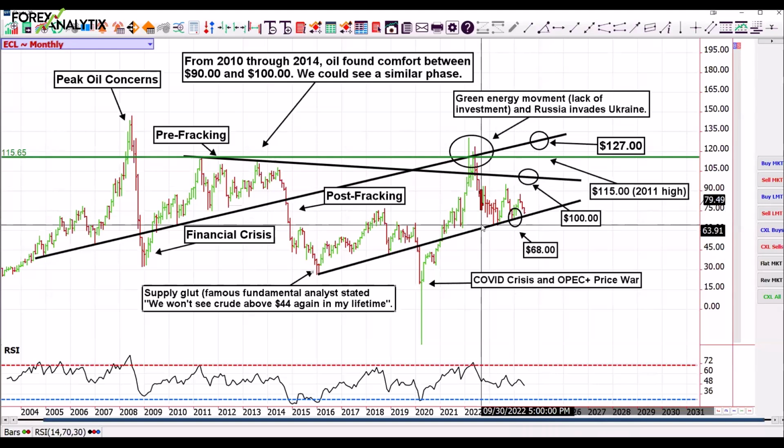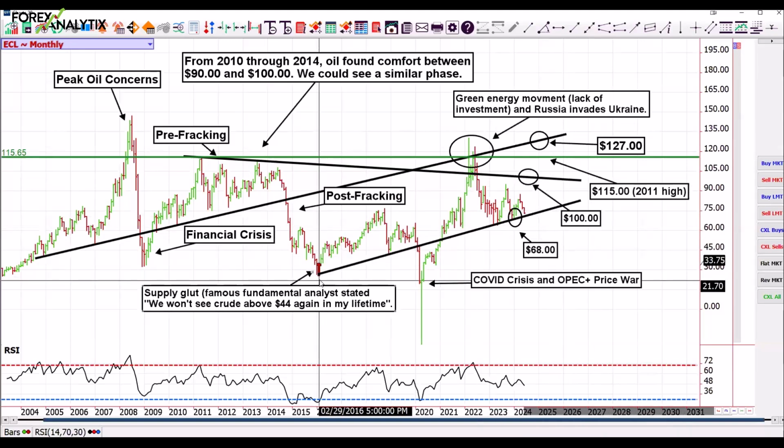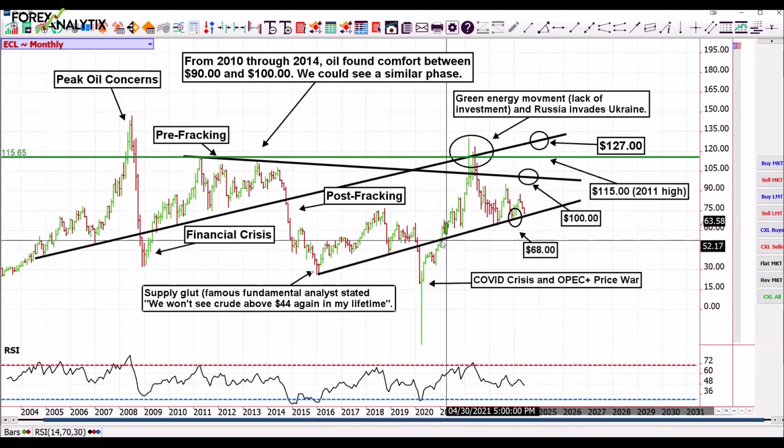Obviously, we have Middle East, all those sorts of stories. But the fly in the ointment that is going to trump everything else is recession or lack of demand. And that's the one thing that I think is a real risk. So we'll see what prices do with 72. 72 is going to be, we'll say between 71 and 73. We'll say this is a trend line that dates back to 2015, and it did break it once during COVID, but I don't let that count. I mean, COVID was COVID. It's kind of an